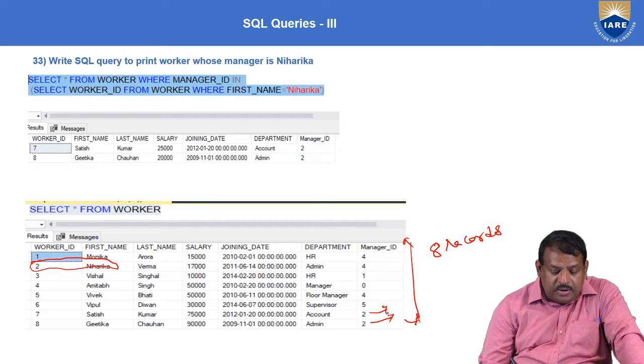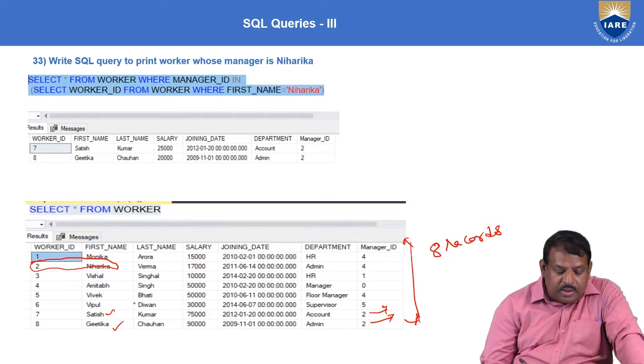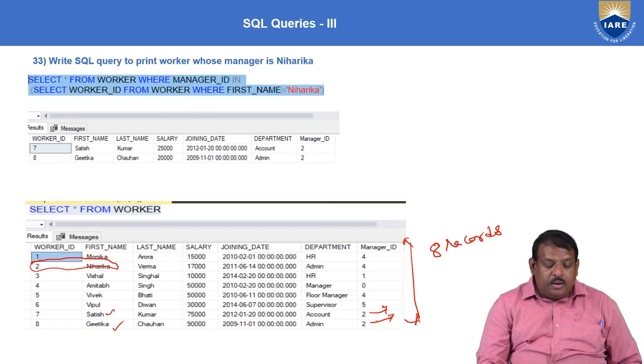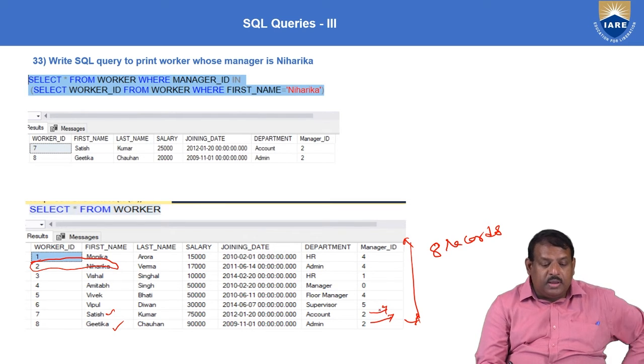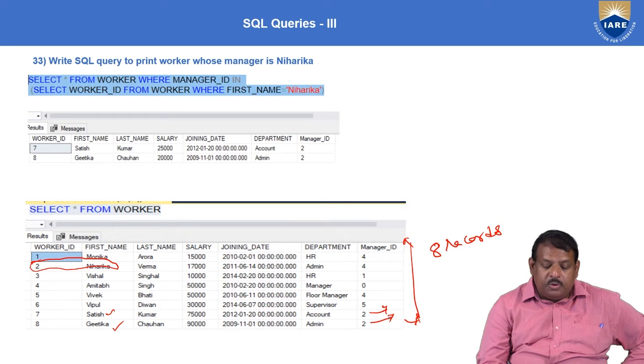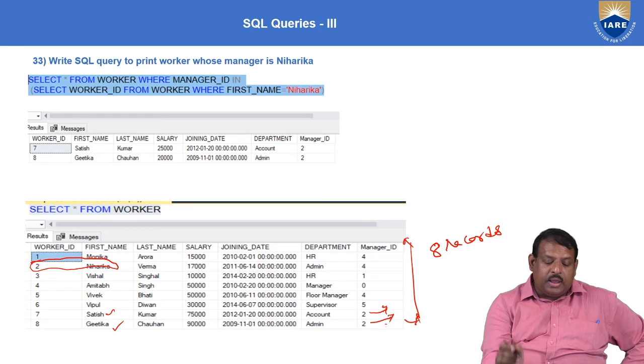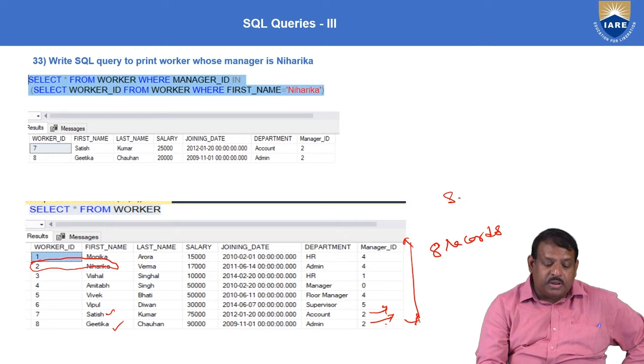So Satish and Geetika are reporting to Niharika. So we need to get output as Satish and Geetika.